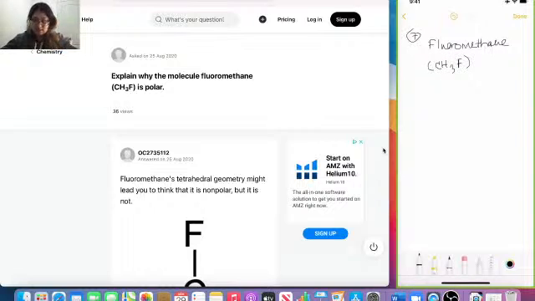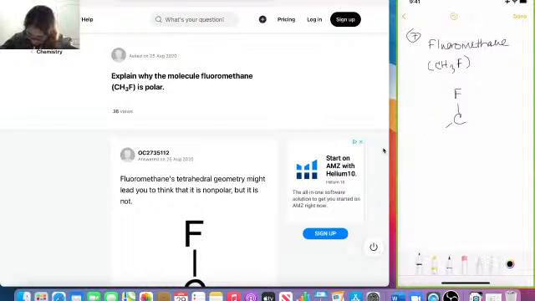Okay, and so to draw this, we basically have 3 elements here, and so this is gonna be a tetrahedral geometry. And so what we have here, C is our central atom,